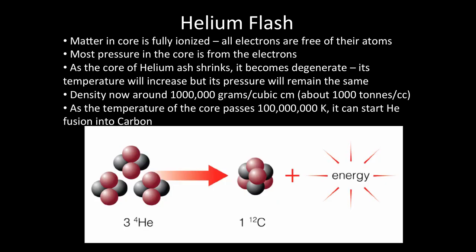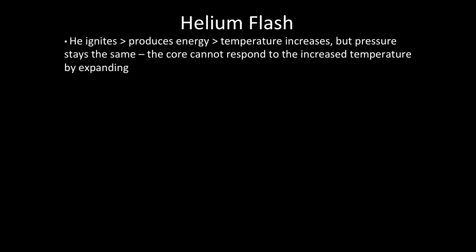The temperature keeps going up, but as it passes 100 million degrees Kelvin, helium atoms can overcome their mutual repulsion and begin to fuse into carbon-12. It takes 3 helium nuclei to fuse into carbon-12, but when they do so, they release a very large amount of energy. So eventually, the core heats up to such extreme temperatures that helium ignites and produces an enormous amount